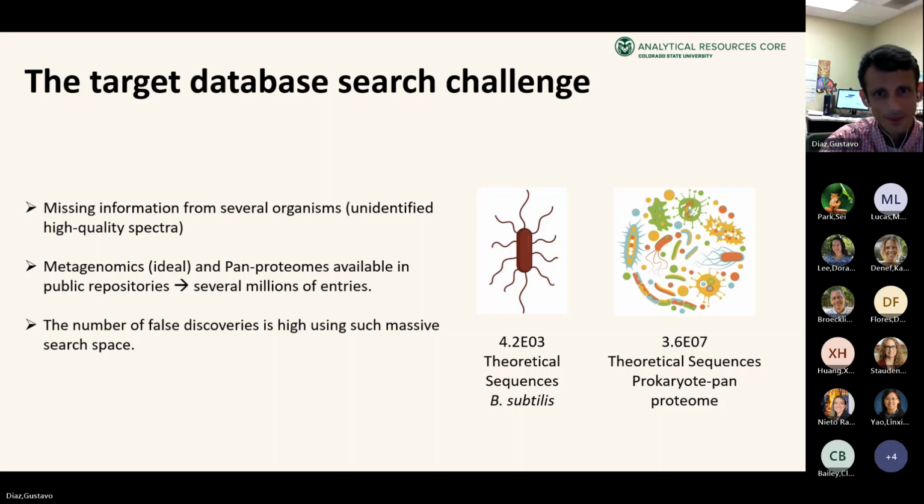The other part is, even though there is that much information available, there's going to be a bunch of microorganisms that we don't have any information about. So there will be missing information for several of them. Then the large number of entries that we have to study is going to challenge any matching algorithm that we use. And obviously, the search space being so big, and the decoy data set being that big, is going to impact our false discoveries.